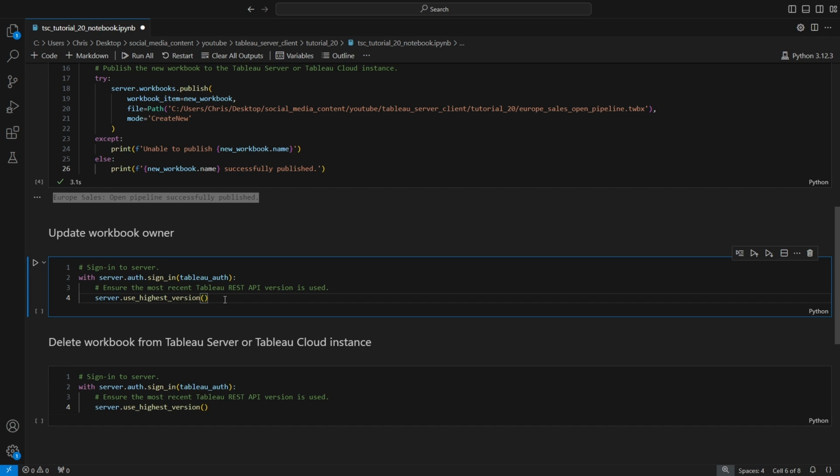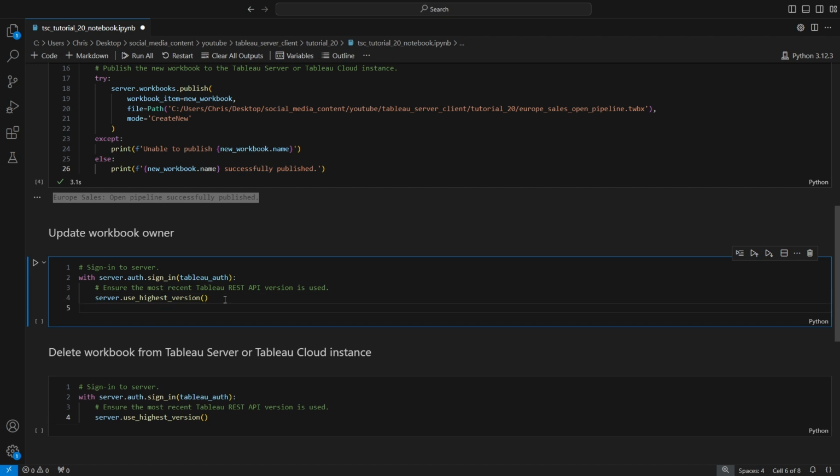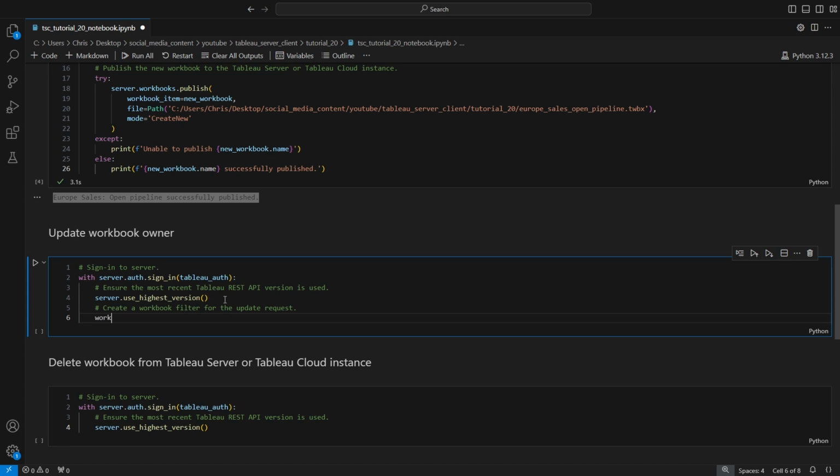Well, the first step I need to take is to be able to programmatically identify which workbook I am trying to update. So the first thing we're going to do here is create a workbook filter for the update request. And to do that, you've seen this in my other videos, we're going to say workbook is equal to